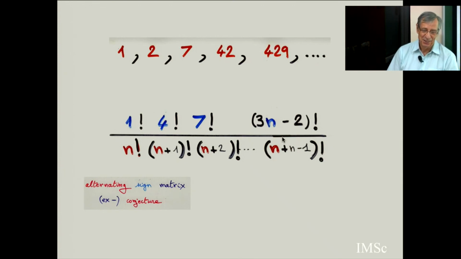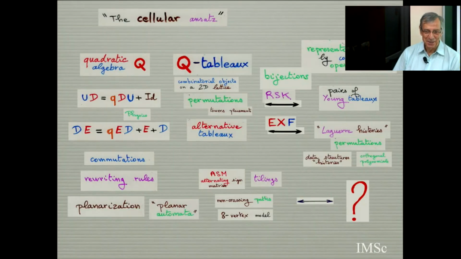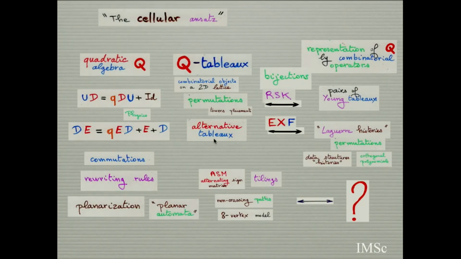So I introduced maybe the Ansatz to try to get a direct proof, but I did not succeed. It's very, very difficult to have another proof. So for me, it's a big problem. And so this is general. At the end of the class, we will work with this. And in fact, alternating sign matrices are a special case.